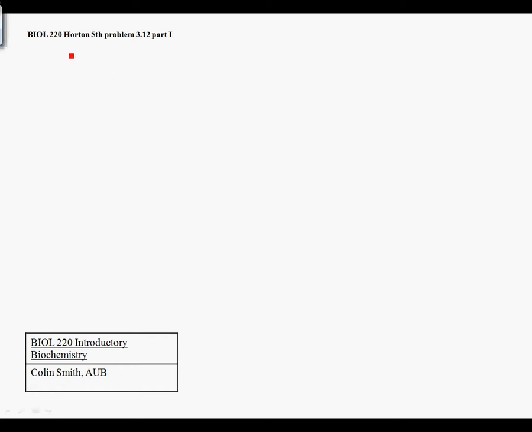So the question reads, the titration curve for histidine is shown below. The pK values are 1.8 for the carboxylic group, 6.0 for the side chain, and 9.3 for the amino. Then a titration curve is there. And then there's a series of questions A through F. Draw the structure at each stage of ionization, identify points on the titration curve, identify the point at which pH equals